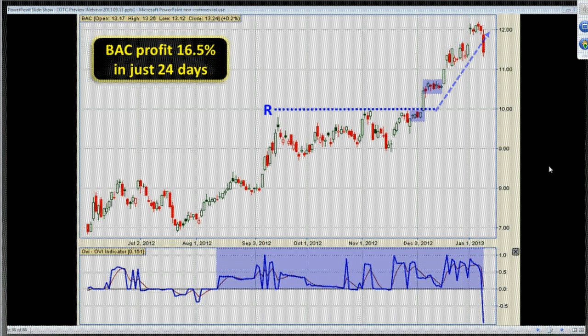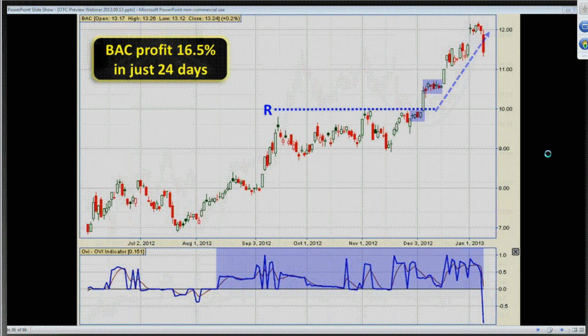Well, here's Bank of America, again, near the end of last year, and we've got months and months of the OVI being positive. Guess what? It's a financial stock. It was doing the same kind of thing as Goldman Sachs. A lot of them were doing this at the time. And what we had here is not such a clear flag at the end of November, but we definitely had,